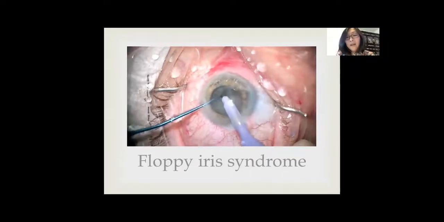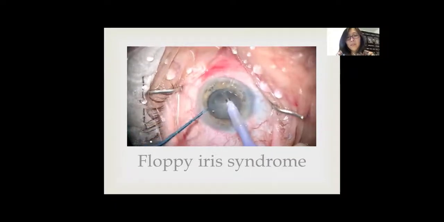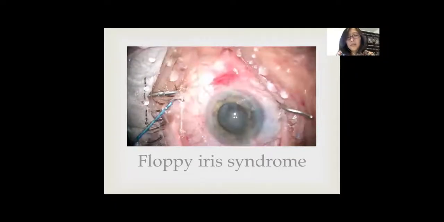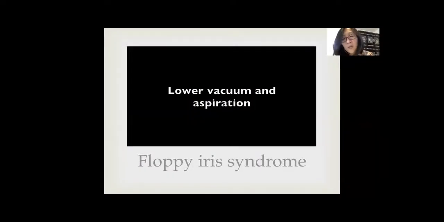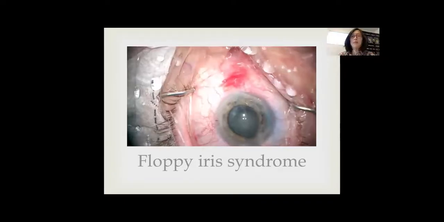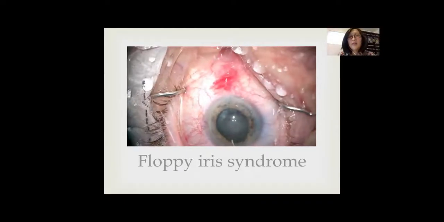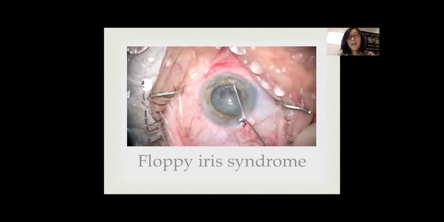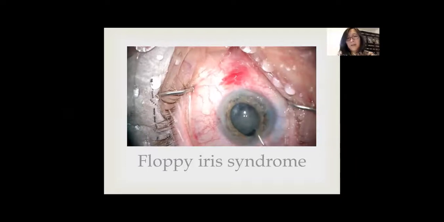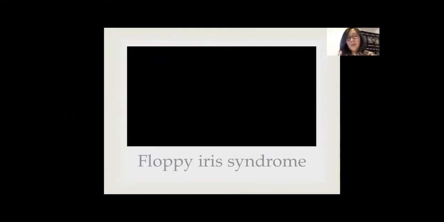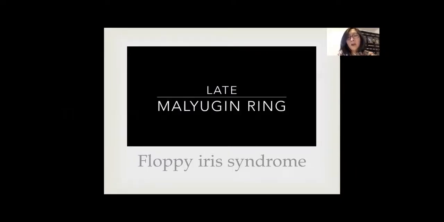I have epinephrine in my bottle at all times. I've used phenylephrine, Cyclogyl, and Mydriasert in order to dilate that pupil preoperatively, but that pupil is going to come down. And so you can see here I'm now putting a cohesive viscoelastic in, and look at that pupil, that iris. We know that it's going to prolapse out of the wound, and so I'm going to go ahead and put